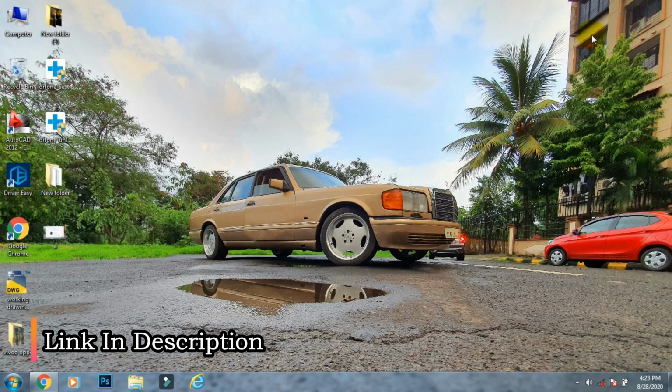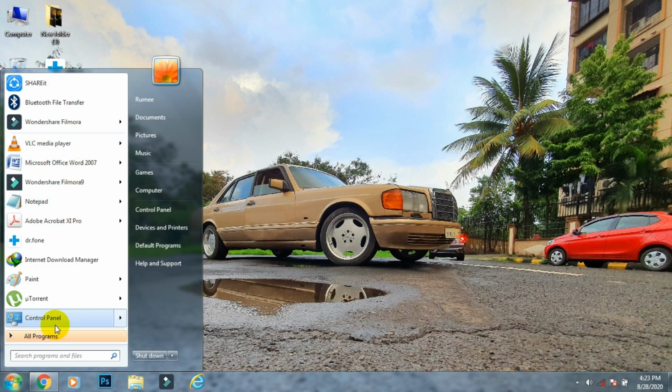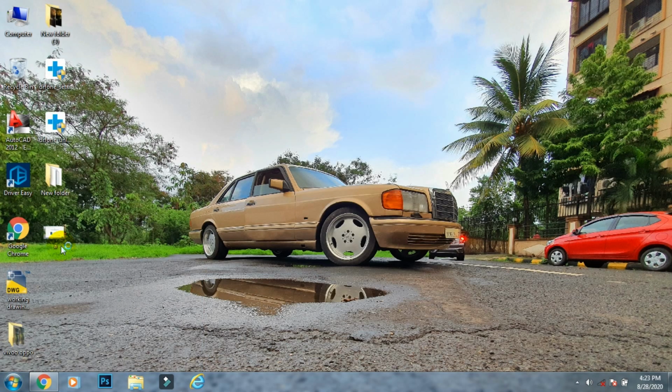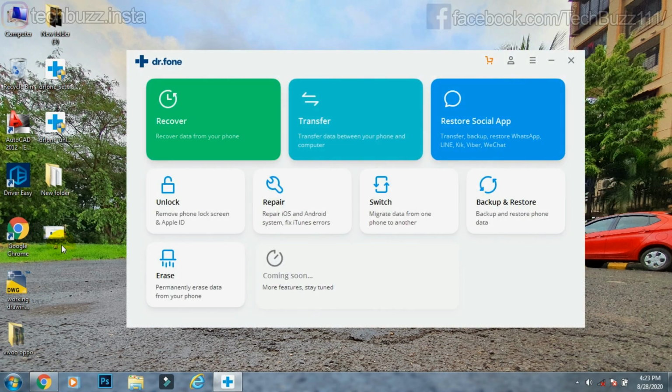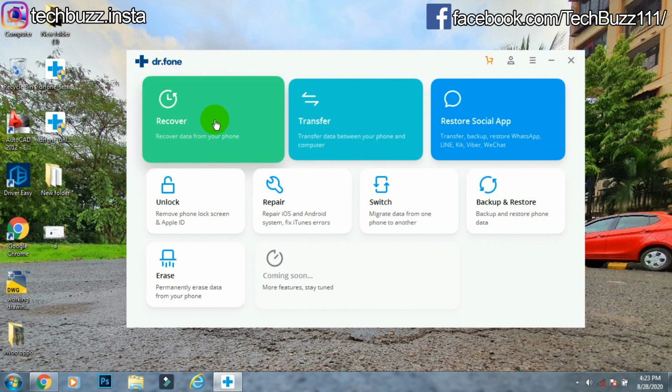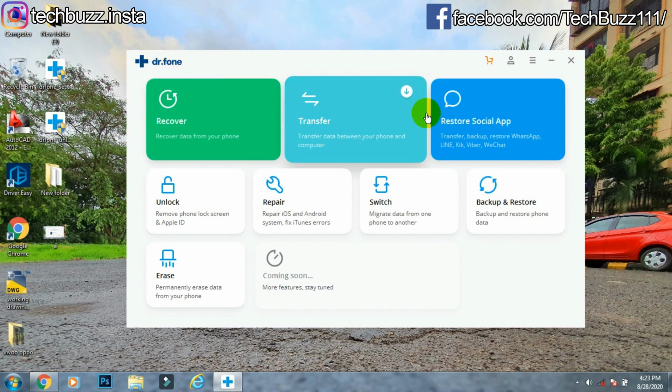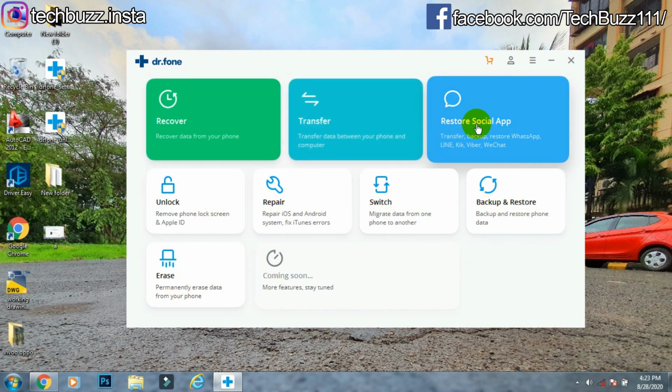Wondershare Doctor Phone Toolkit is a really helpful and feature-rich app and can help you to get out of some really tricky situations on your phone. Although this app is not free, it's worth every penny, as you can use Wondershare Doctor Phone for various tasks like phone backup, switch data between devices, WhatsApp data transfer, repair software issues, and finally for unlocking your phone. In some cases, it can unlock your phone without data loss, and there are some phones that are supported.